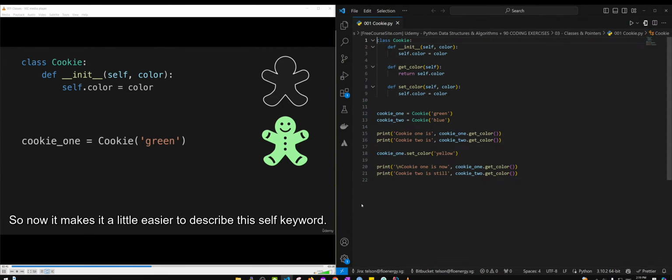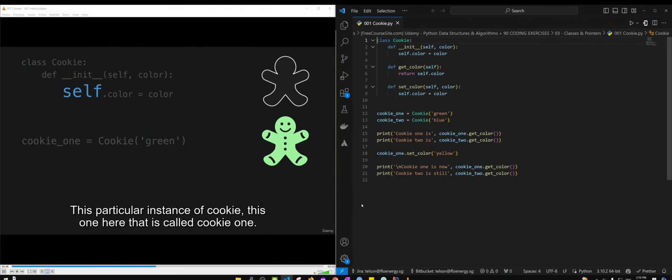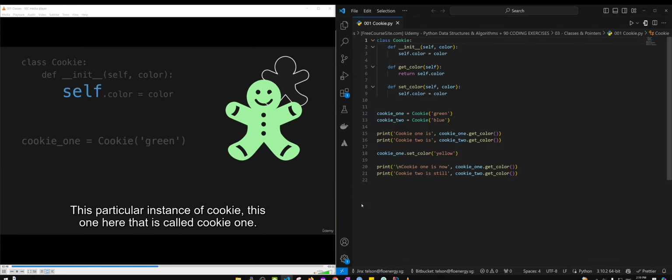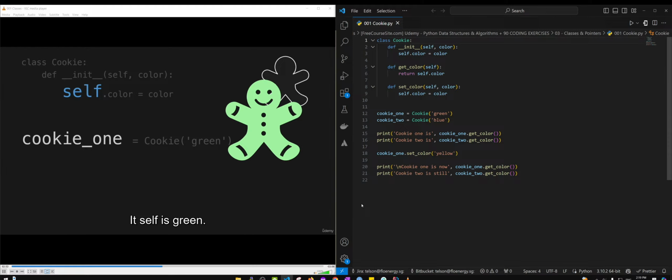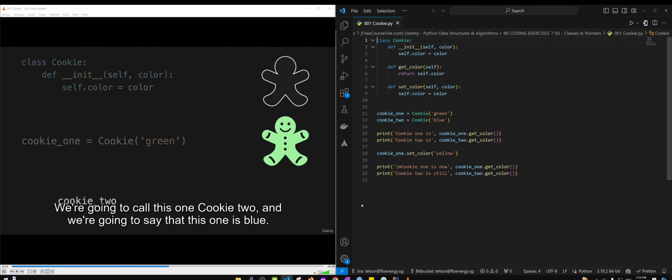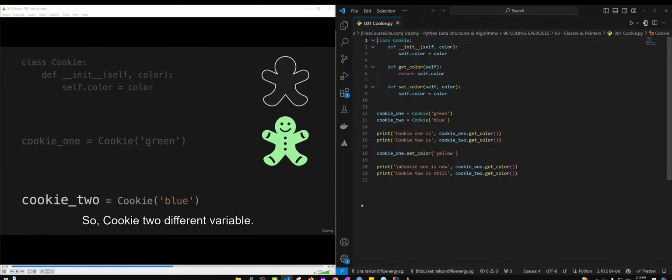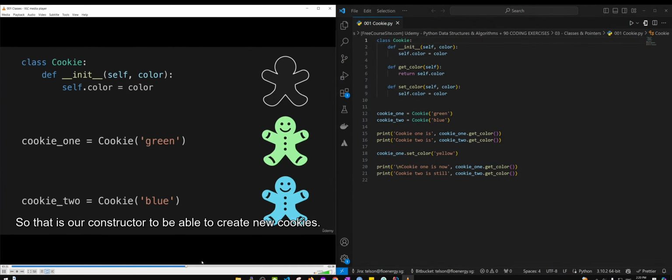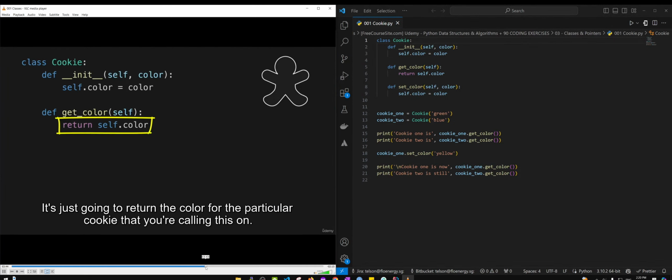So now it makes it a little easier to describe this self keyword. This particular instance of cookie, this one here, that is called cookie1, itself is green. And this will make even more sense when we create another cookie. So we'll create another one here. We're going to call this one cookie2, and we're going to say that this one is blue. So cookie2, different variable, it is a different cookie. We're going to pass this one to be able to create new cookies, but the color for the particular cookie